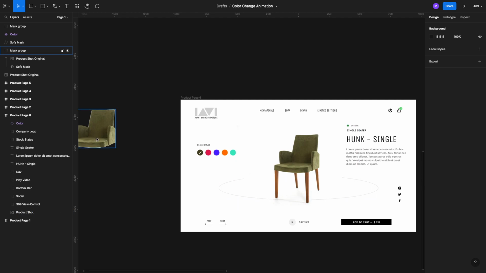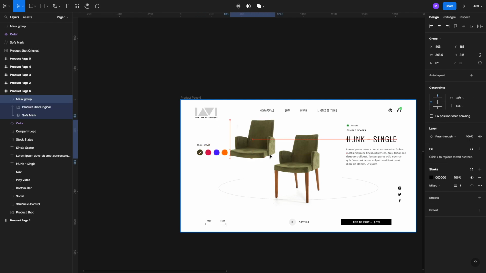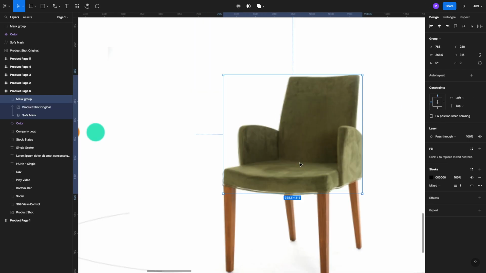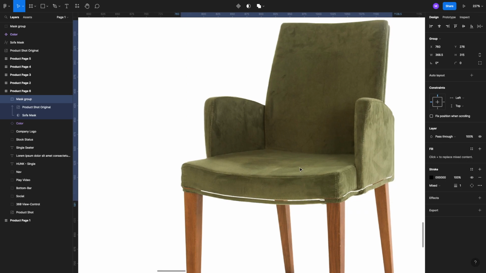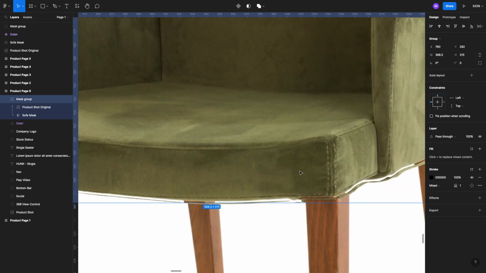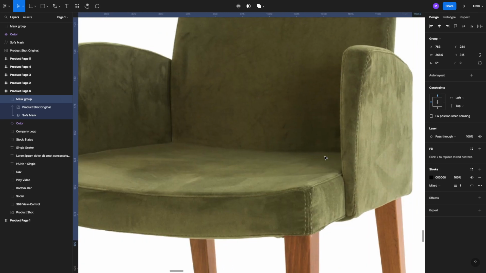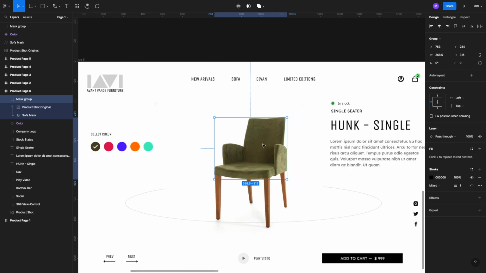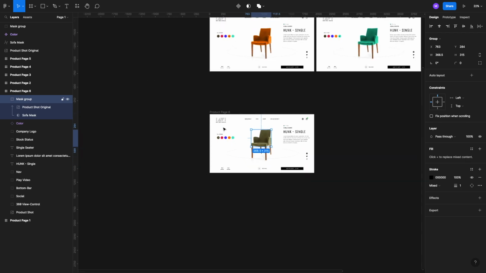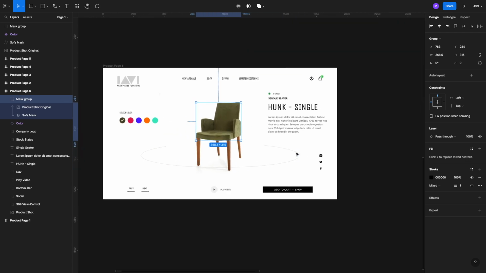Now we're going to select this cutout and we're going to place it right on top of this part. So you can see this is right on top. So we're going to make sure this aligns properly, and we can use the arrow keys for fine navigation. So once we have that placed properly, the next thing that we want to do is, let's get